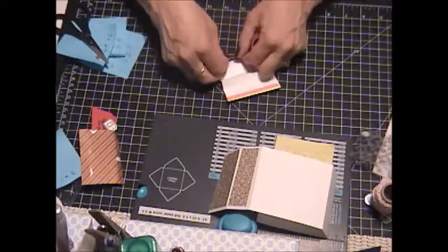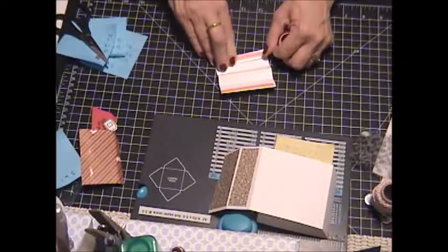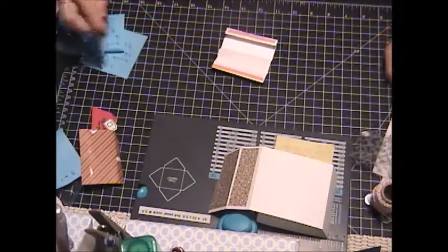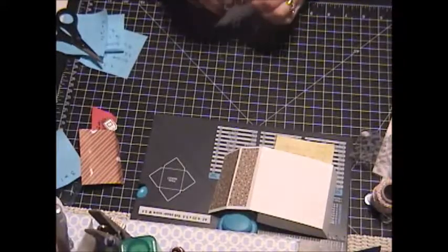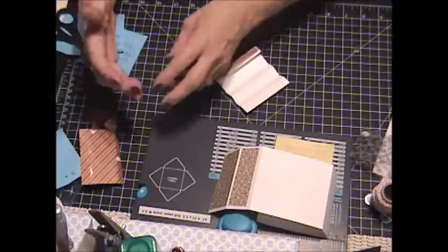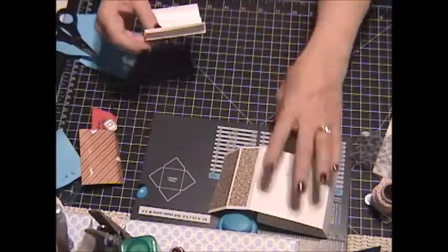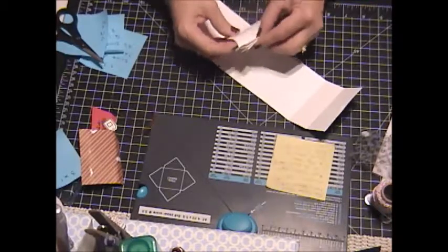Let's see, put this down. Cut it off. I like to push it down a little bit. It's easier to peel off the paper then. This is one thing people didn't like about it. It sticks to you. More so in the wintertime, well, it's not really winter yet, but when it starts to get drier outside. So we're just going to fold this up like this